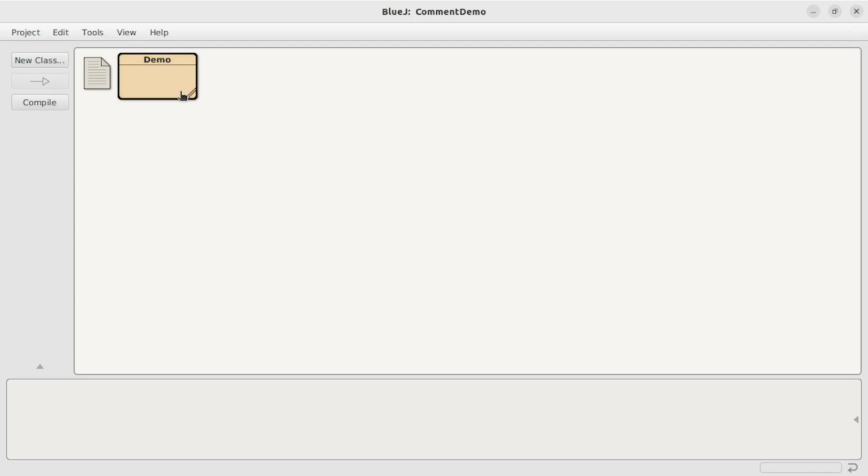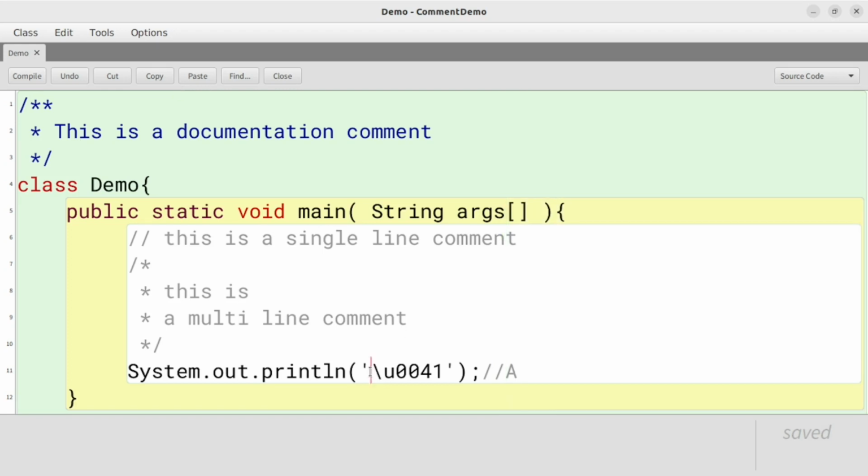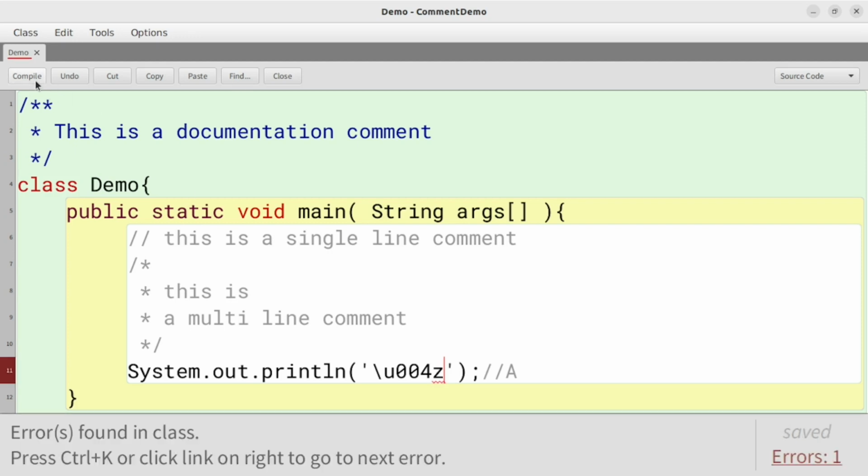Now the important thing over here is that if I give an invalid code over here, for example, hexadecimal numbers are from 0 to 9 and A to F. If I make this 1 into Z and I again compile the program, it's not going to compile. See, it is saying illegal Unicode escape. Now till here it's okay. We are trying to give an illegal Unicode escape and the computer cannot run the program.